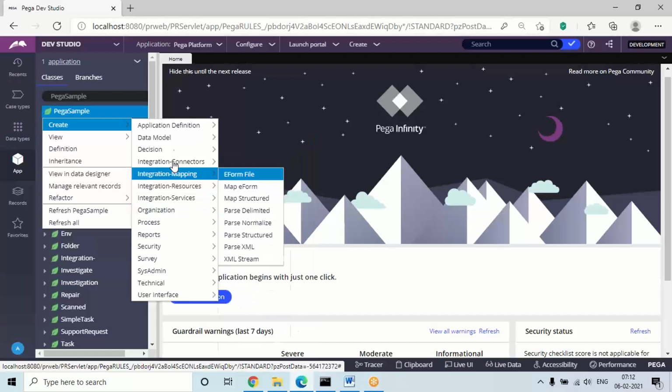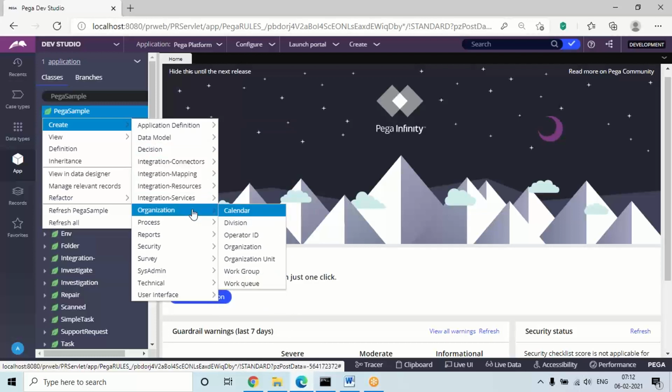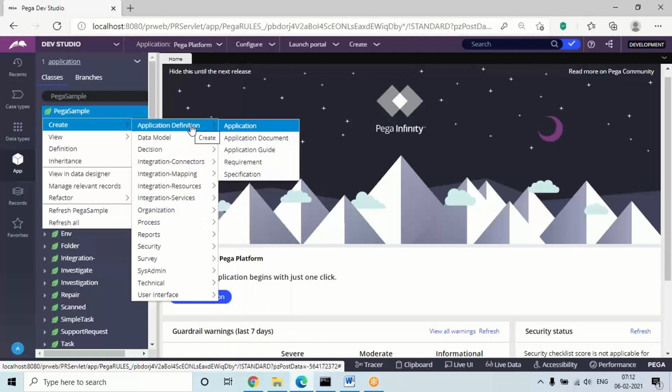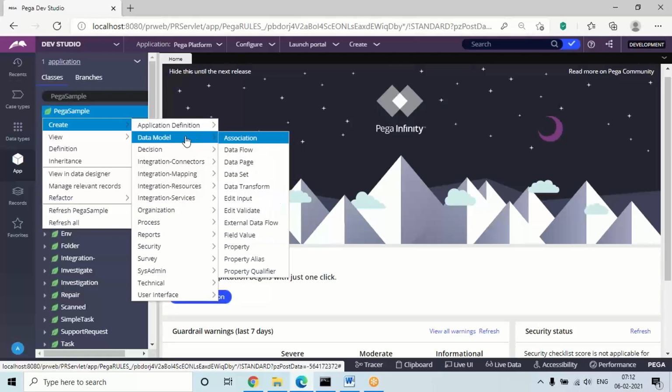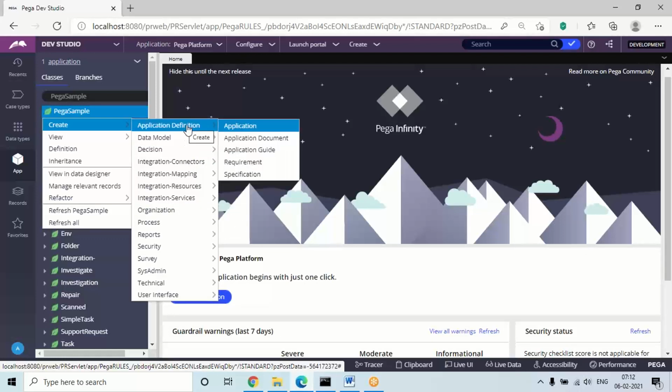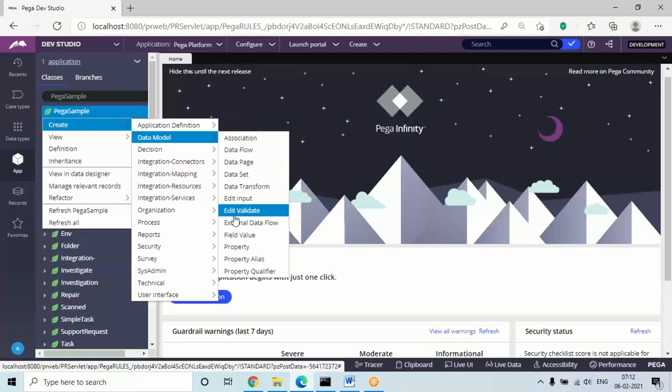And in the complete development we are going to use these categories and these rules or templates. Okay, in this application definition, after application creation, it will be generated automatically. And under data modeling, some rules are there. Okay, in this some 6 to 7 rules will be used, and other rules will be automatically generated.